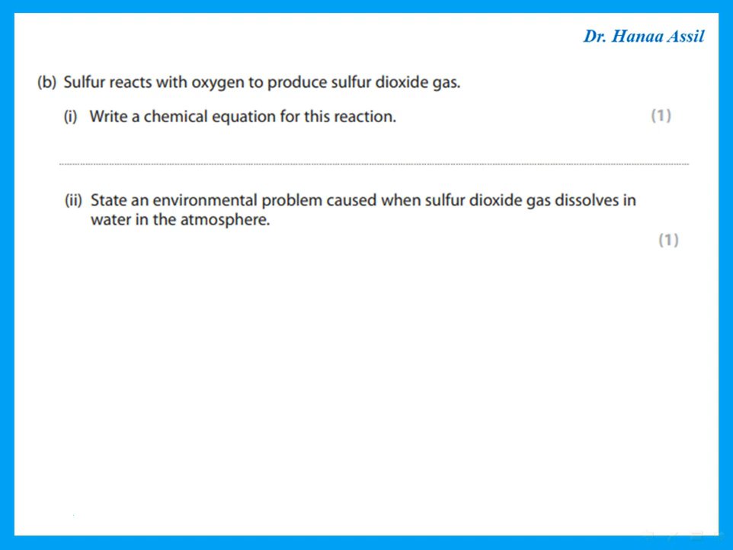Sulfur reacts with oxygen to produce sulfur dioxide gas. And he's saying write a chemical equation for this reaction. Again, I'm going to remind you, chemical equation means symbol and balance. So we want to write a symbol equation and balance it. What does he want? Sulfur reacts with oxygen. So sulfur plus oxygen. Remember that oxygen is diatomic, so it has to be O2, to give sulfur dioxide, that